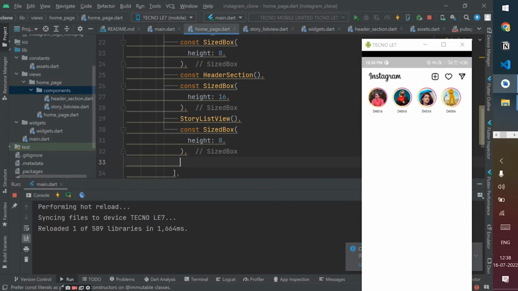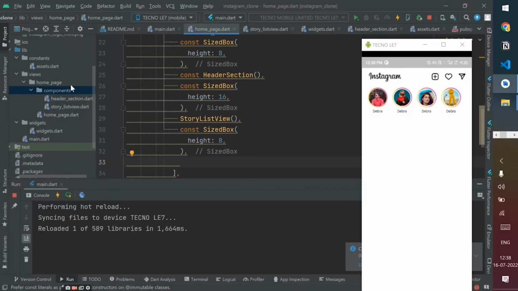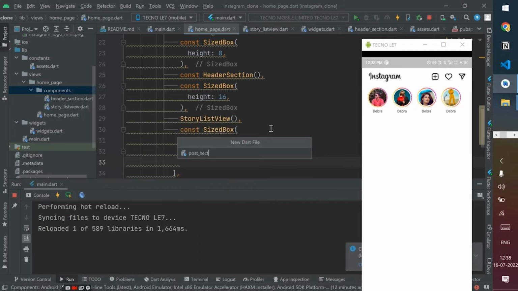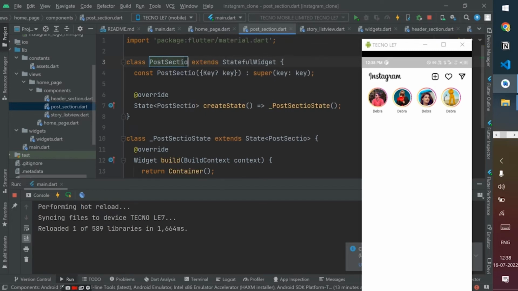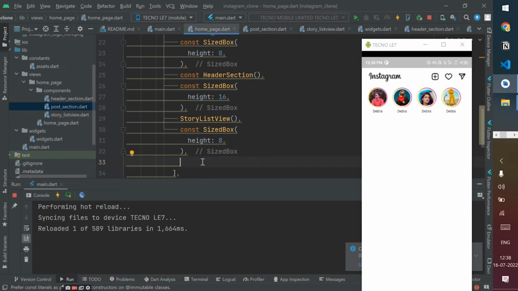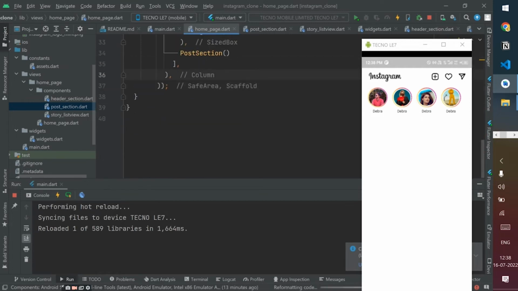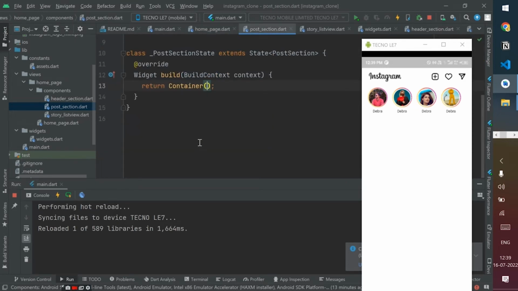Cool. And then we are going to create a story widget. So let's create a post section as well. I'm going to go to import material.dart SDF post section. Great. And then I'm going to use post section right here. Now, to resolve all of these issues, I'm going to add const here. Then perfectly it is working. Now this post section that we are having, let's create that, right? So